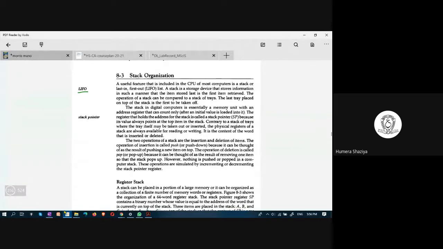In memory, whenever you make a function call, you add to the stack, and whenever you are returning from the function, you pop, that is, remove from the stack. That way you can keep track of function calls in a stack. This is one application, keeping track of function calls.